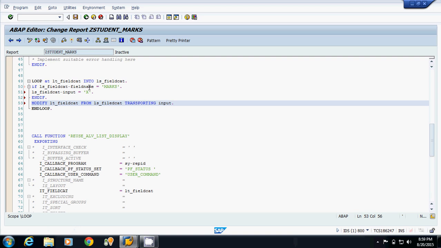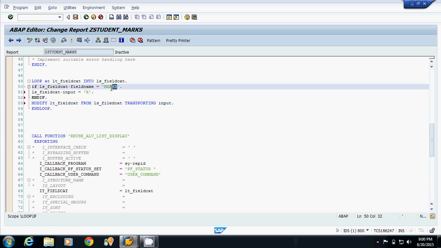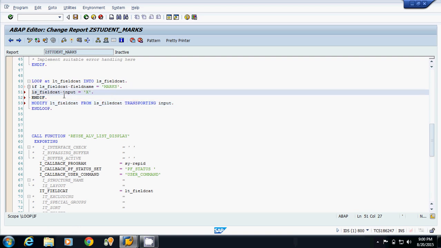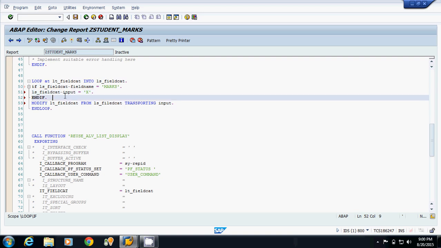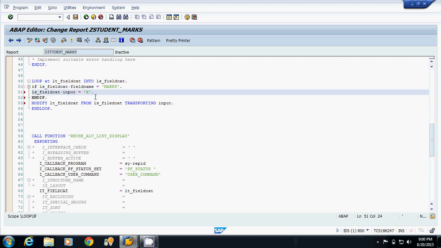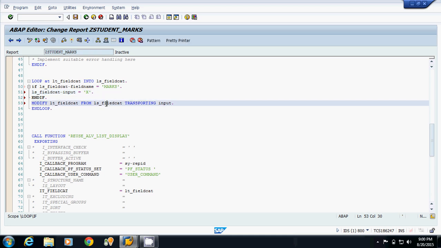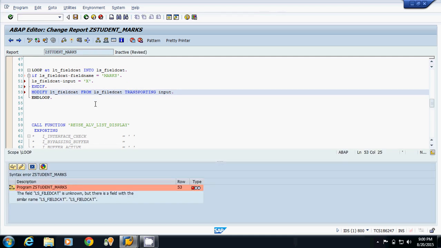What is my requirement? I have to make the marks field editable. For that, I have to provide the input, so I have to set input equal to X. Now I have to modify the internal table from the work area, and transport the value of input.